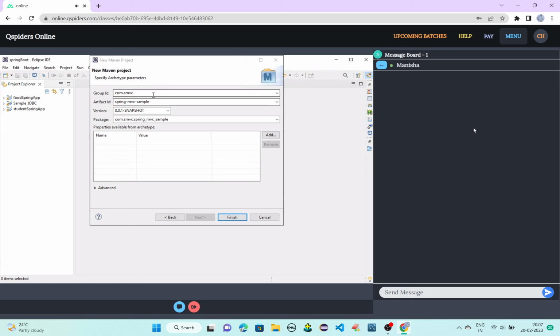So I just selected the web app 1.4 version, and then I have given group ID as com.smvc and spring MVC sample, and then I'll click on finish.